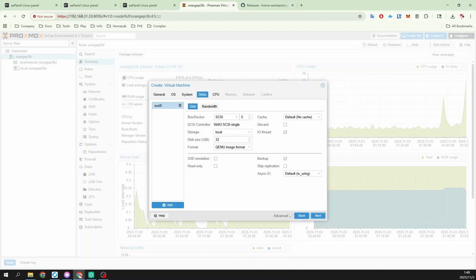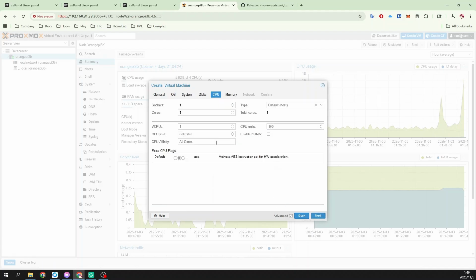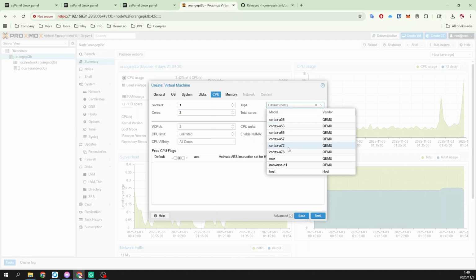to ensure our HomeOS system. We set 6 GB. Then click Next. 4 cores assigned. Then the default is host mode.